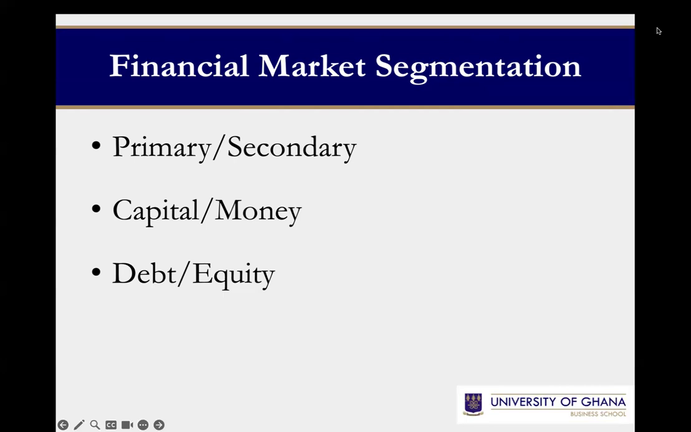And so within the primary market, we have the original issuer receiving the funds from the sale of the financial asset, whereas in the secondary market, it is a previous investor or a prior investor receiving funds after making sales to another